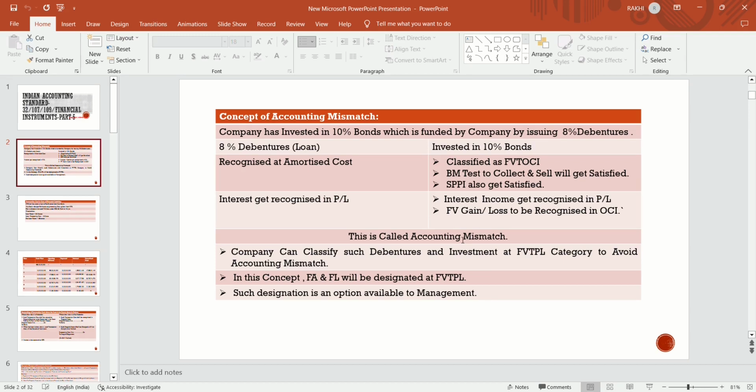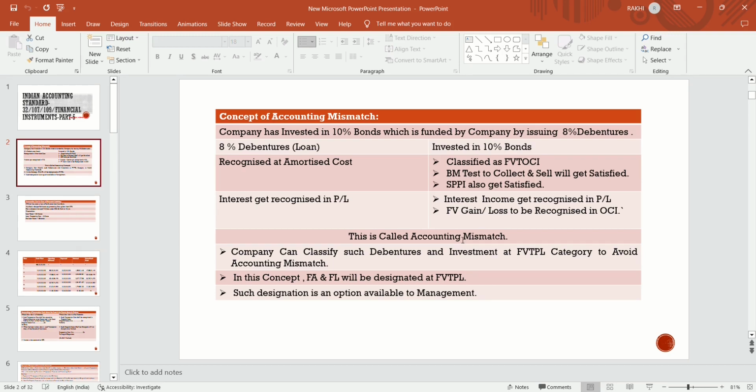and the investment at fair value through OCI, then any gain and loss, interest: the interest on the loan that you are paying, you recognize in P&L, and the income from the investment you also recognize in P&L, because it is classified as fair value through OCI. You classify this investment at fair value through OCI because it satisfies the conditions: the business model test to collect and sell is satisfied and SPPI is also satisfied. That is why this investment is a financial asset and it will be